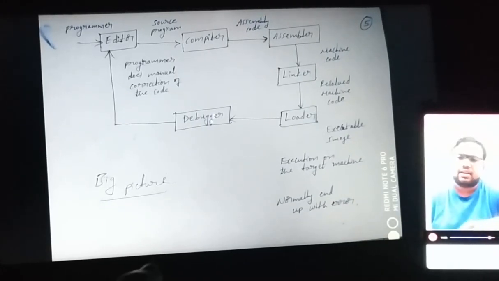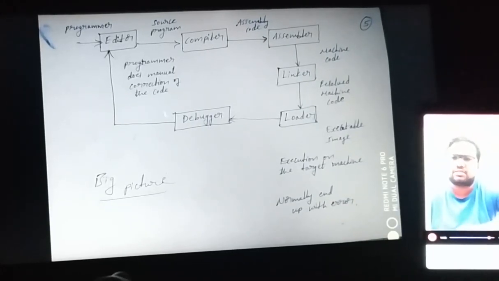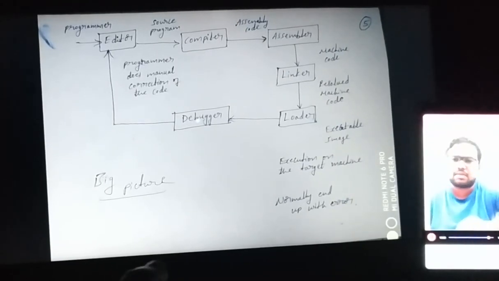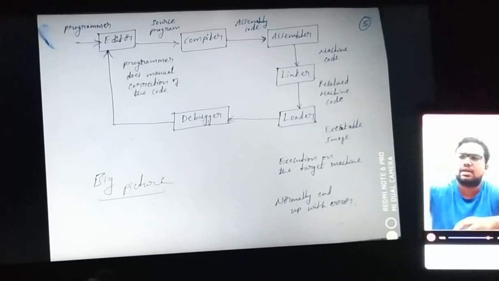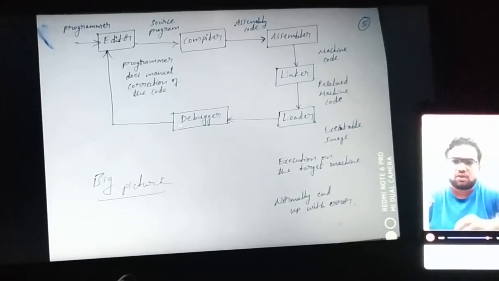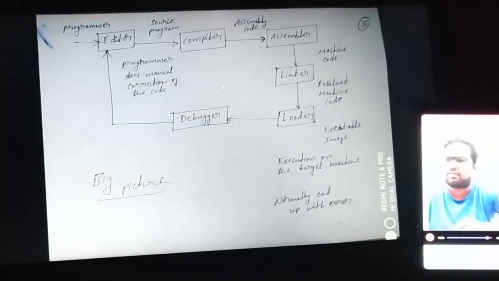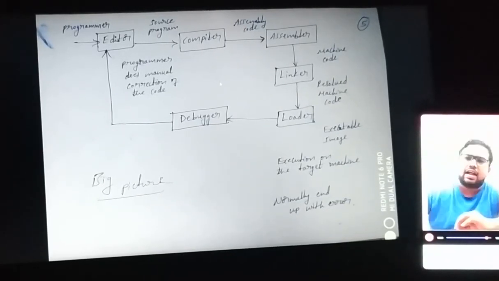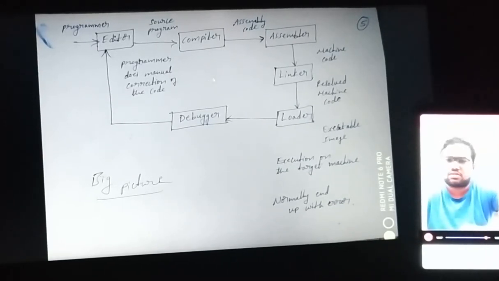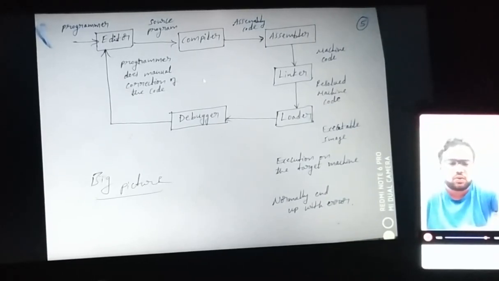So this is how you run, this is how the compiler does its task, and this is how a big picture can be given with respect to the compiler. This is the stage where the compiler resolves all the errors, and finally comes up with code that runs properly, a translated form of the given higher level language into its target code, a low level language.